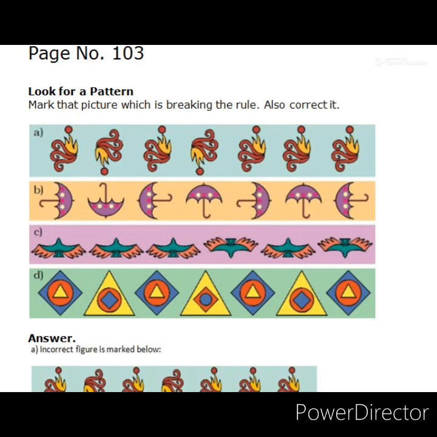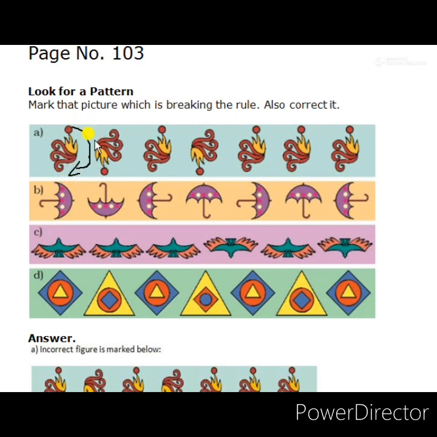Now observe the third position of this pattern. The third position again reaches the upward position. That means every half turn the figure will reach the original position. In the first figure, the circular portion was on the top side. So in the third position, the pattern reached the original position. That means here it has taken a 180-degree turn, that means half turn taken.